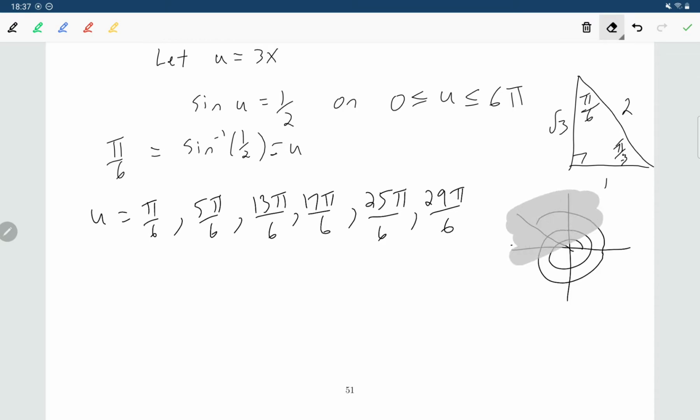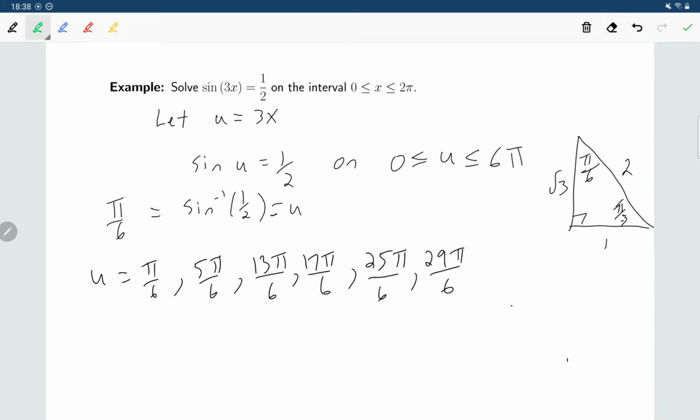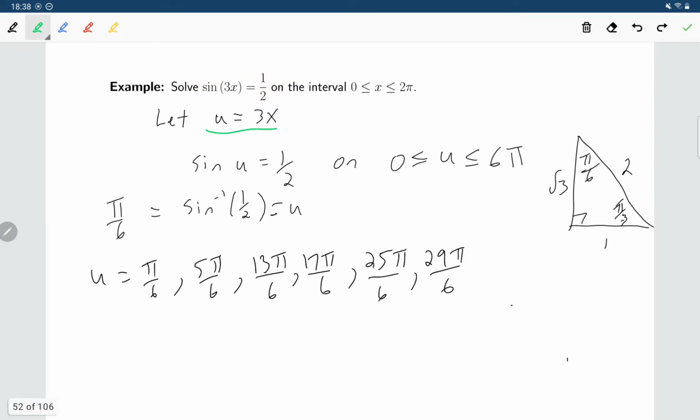So we found all the values for u. Now we're not finished though. Even though it feels like we've done so much work here, we still have to go back and solve the original equation, which is in terms of x. So here's where we go backwards and say, well, we now know the values for u, and since u is